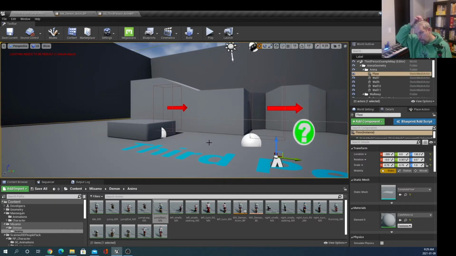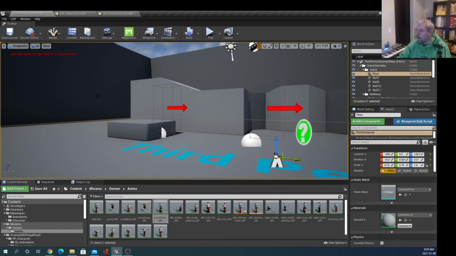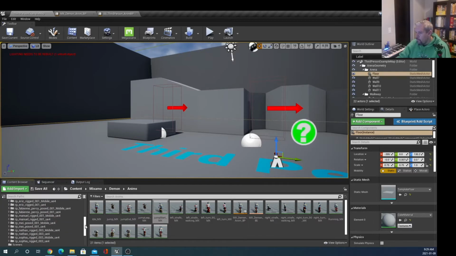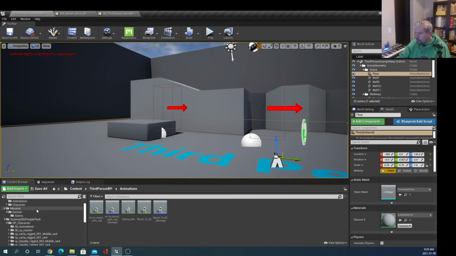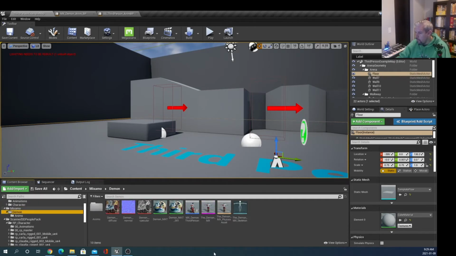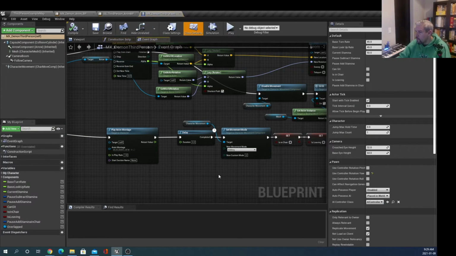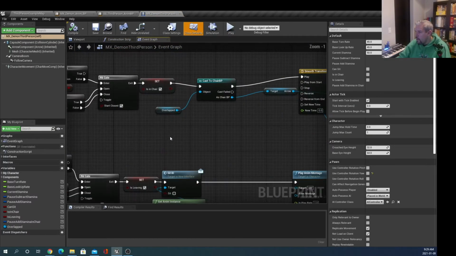But before we do that, what we need to do next is create a couple of montages, animation montages, and I'll show you why. If we go back to, I'm just trying to make sure I got the right blueprint. Yeah, if we go back to our character blueprint, so this is in the Mixamo daemon, and we click on this blueprint, in here,